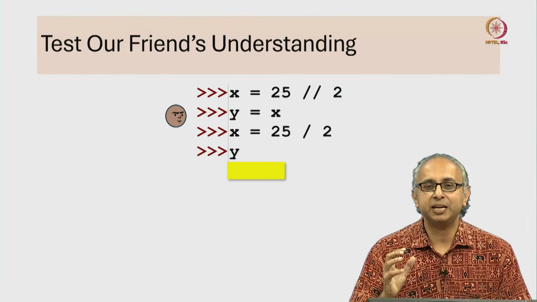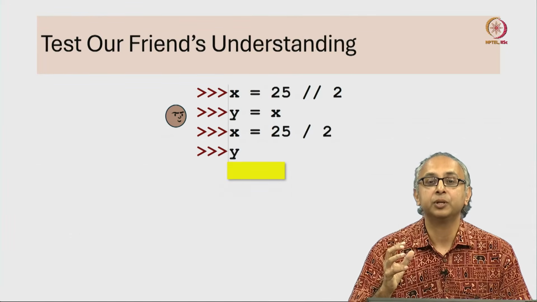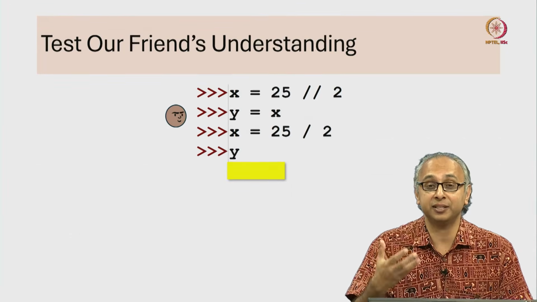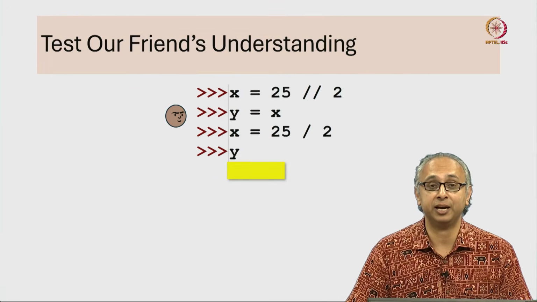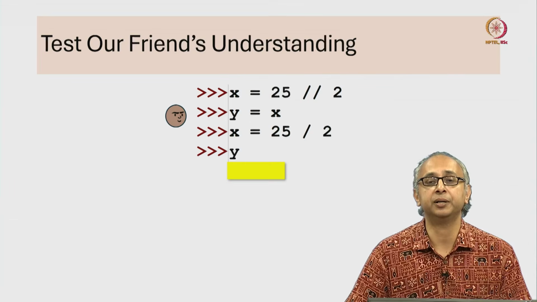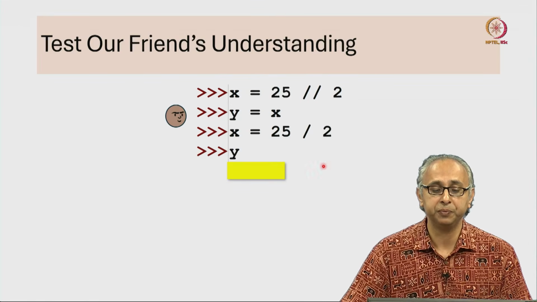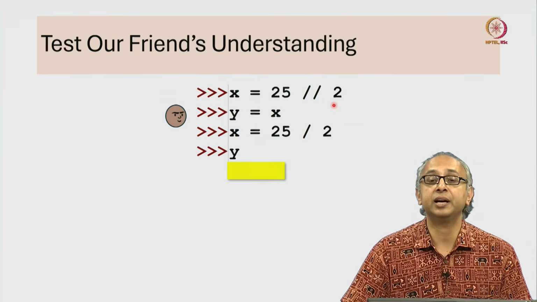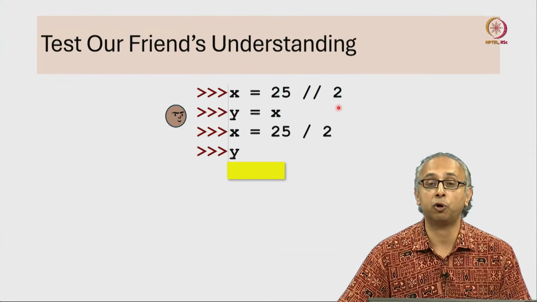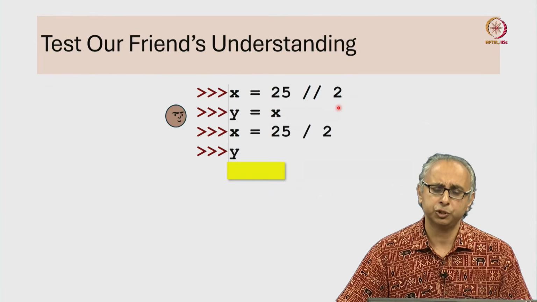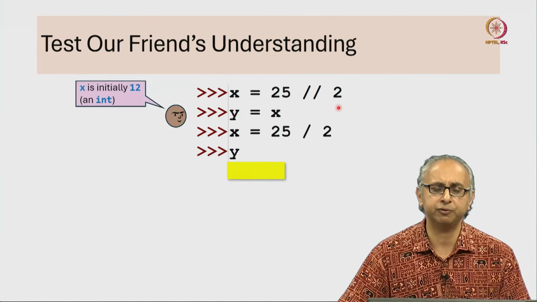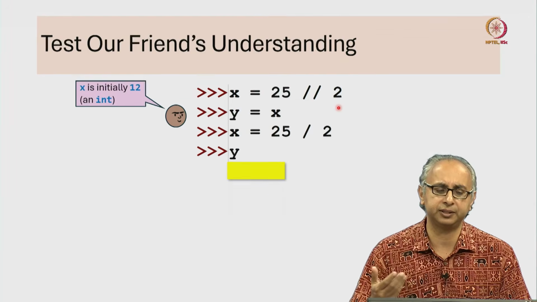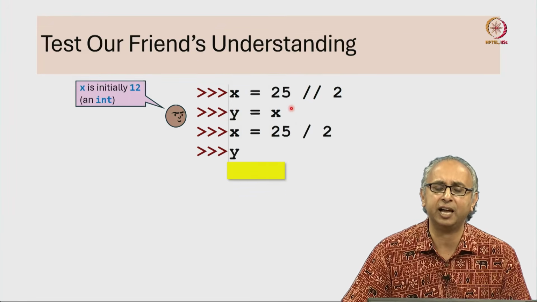So assignment statements can be tricky. So let's take a look at another misconception that our friend has. This time our friend is staring at this particular piece of Python code. You notice that x is initially assigned to 25 floor division 2. So our friend has understood floor division, and so our friend knows that this right-hand side will evaluate to the